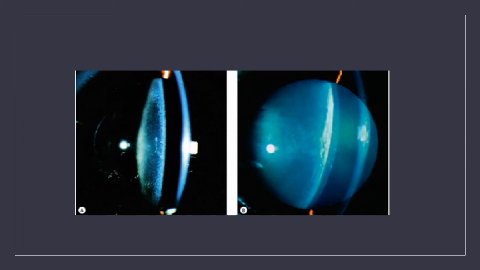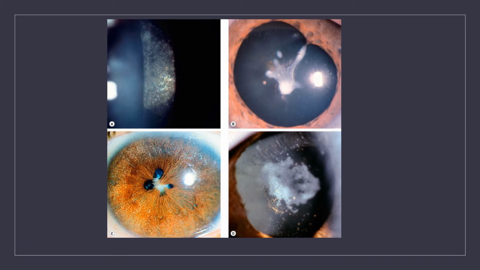These pictures show diabetic snowflake cataract. Small white opacities scattered throughout the lens. This picture shows cataract due to chronic anterior uveitis, and this is a typical posterior subcapsular cataract with polychromatic luster, and it is pathognomonic of chronic anterior uveitis. Other three pictures show cataracts due to anterior uveitis.